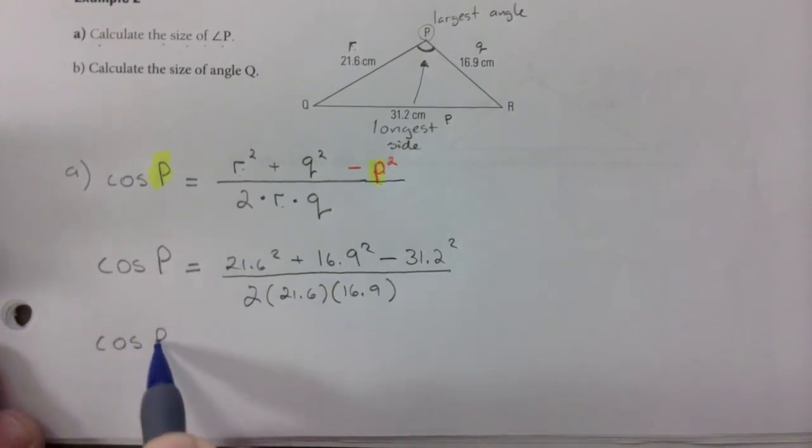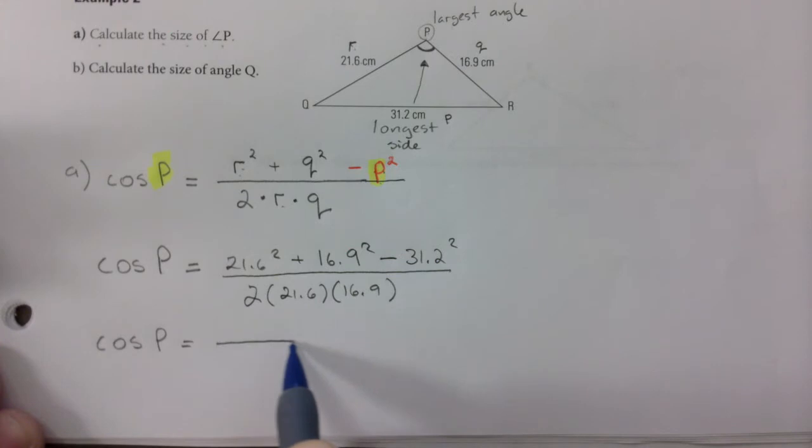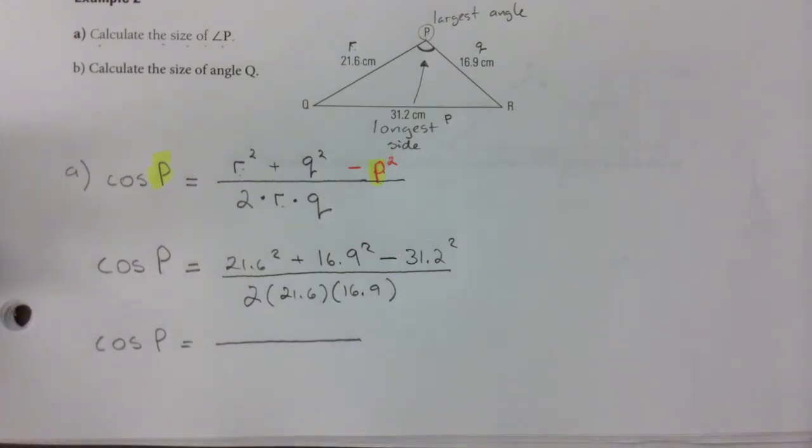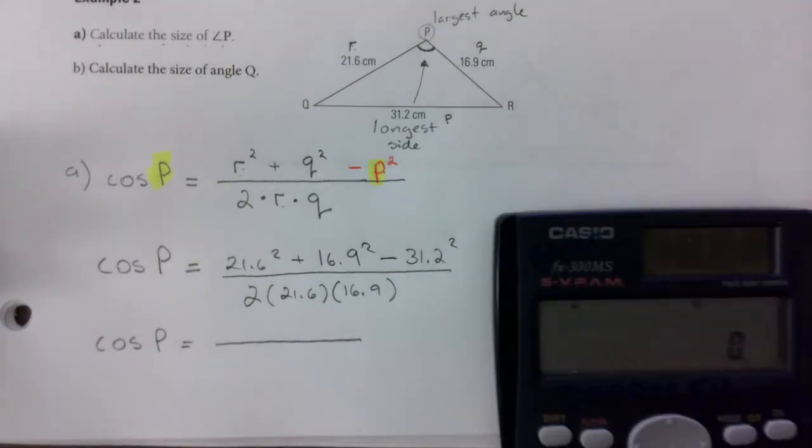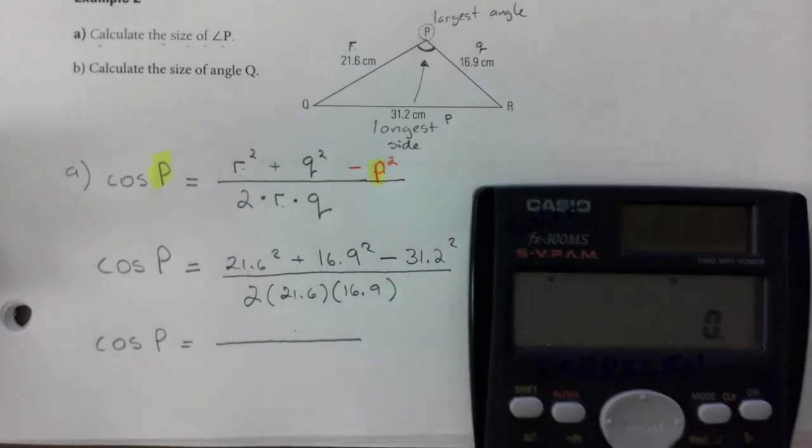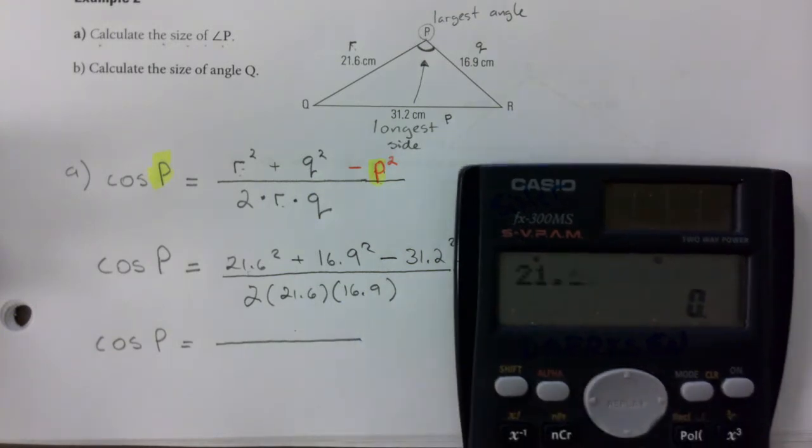Okay? Then next line is like this. Cosine of P is going to be equal. I don't want you to do this in one shot. I've had too many bad experiences with students getting this wrong. So grab your calculator, and we're gonna find the top number, write it down, and then find the bottom number, write it down. So 21.6 squared plus 16.9 squared minus 31.2 squared